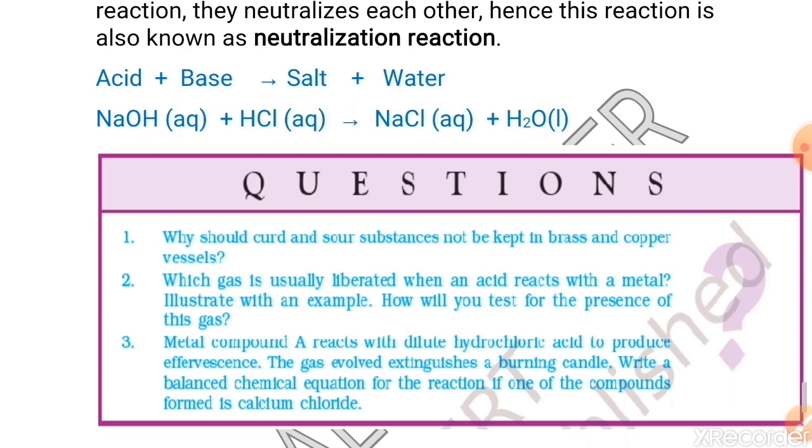along with hydrogen gas. Now, for the presence of hydrogen gas we can do a test. The presence of hydrogen gas can be tested by passing the gas through a soap solution and then bringing a burning splinter near the soap bubbles filled with the gas. If the gas burns with a pop sound, it means that the gas is hydrogen.